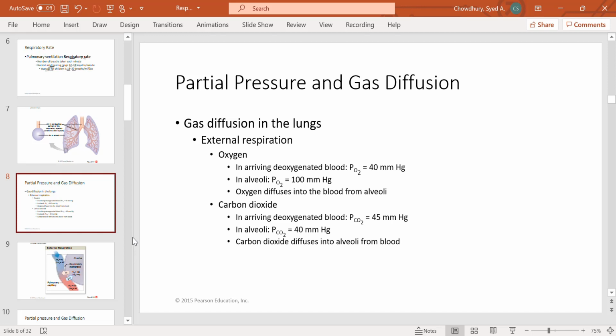So now if you see inside the lung you have the alveoli. Each lung has about 1 million alveoli. So this is one alveolus, and you see the pressure of oxygen inside the alveolus is about 100 millimeter of mercury,